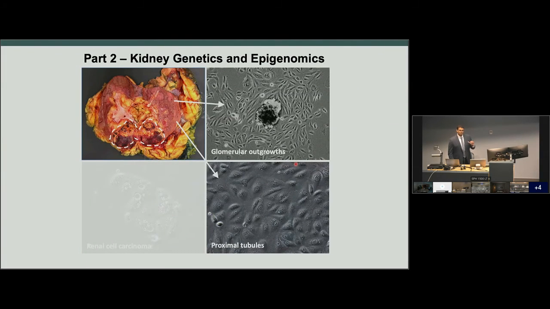So let's now switch back and go into native kidney and see what we can understand about normal kidney cells such as glomeruli and tubules, and can we understand something about how population genetics can actually be brought into these epigenetic maps. So we did these same methods where we can actually isolate cortex, physically isolate glomeruli. When you lay them down on a dish, the podocytes and mesangial cells will grow out. And again, we can take the cortex and grow out mostly tubular epithelial cells.